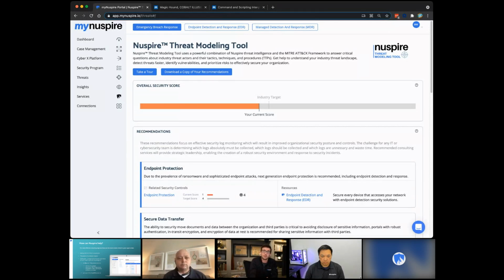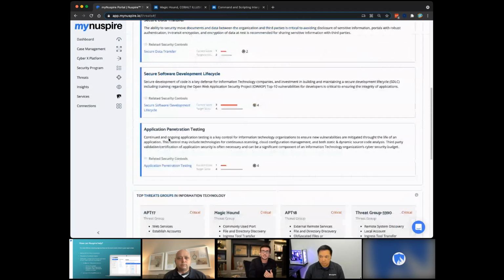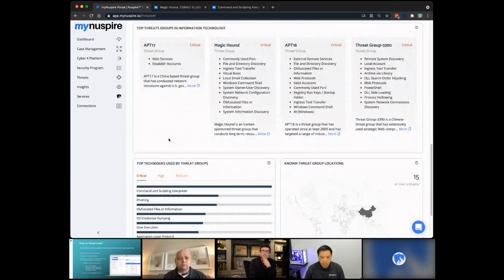So before I go over how we come up and calculate the recommendations and make the threat model actionable, I'm going to pass it back to Jerry so that he can talk to the data that actually powers it. So the data below that supports the recommendations, this is your who and the how. And after Jerry explains the technical details behind the who is attacking you and how they're attacking you, I'll go into how we go about calculating what are the next steps for you to take to defend against these. So Jerry. Thank you, Michael.